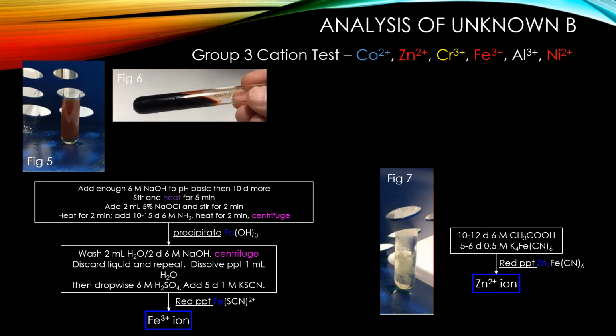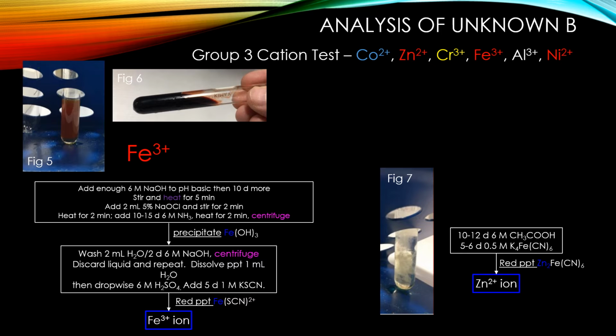And then after adding the thiocyanate, it yielded a red precipitate, this iron thiocyanate complex shown in figure 6. What this meant is that in sample B we had some Fe3+ ions,